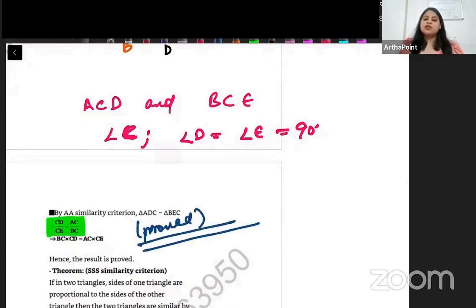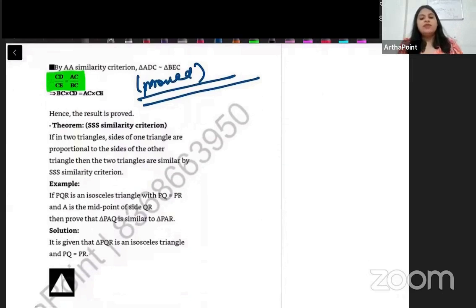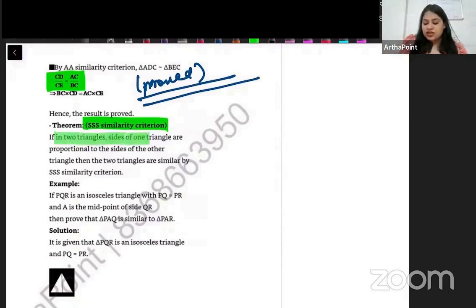You should remember these theorems, beta, please. Okay, now come to the next theorem. It says SSS similarity criteria. That was AAA, angle similarity criteria. Now we are doing side similarity criteria. If in two triangles, the sides of one triangle are proportionate to the sides of the other triangle, then the two triangles are